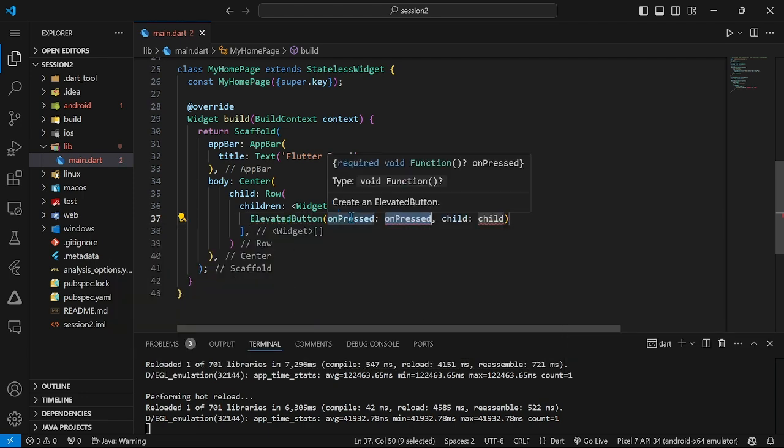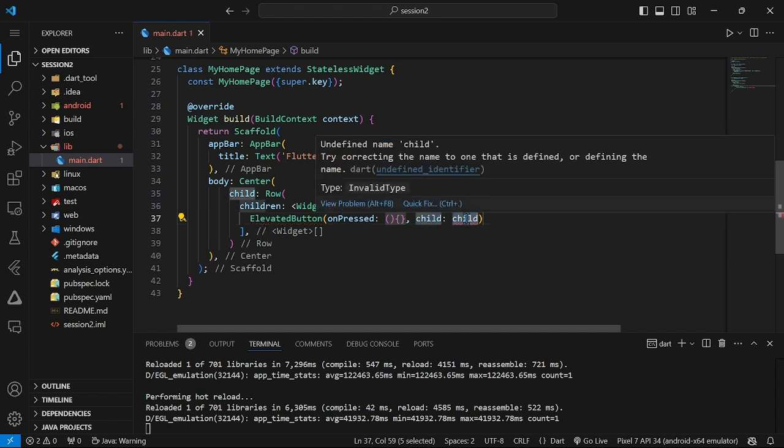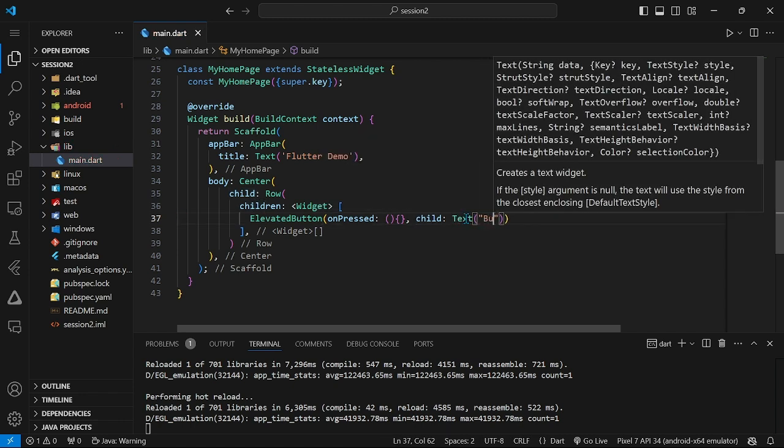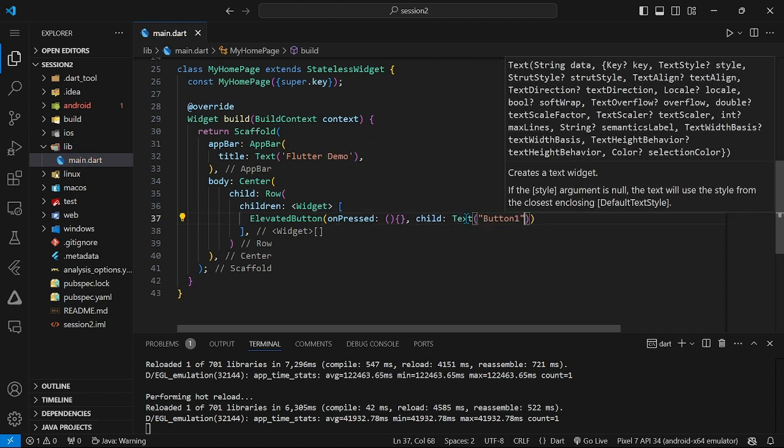The elevated button by default requires 2 parameters, onPressed and child. onPressed is the function you want to run. For now we'll just leave this empty, and in child let's add a text widget to display the text, for example Button 1,